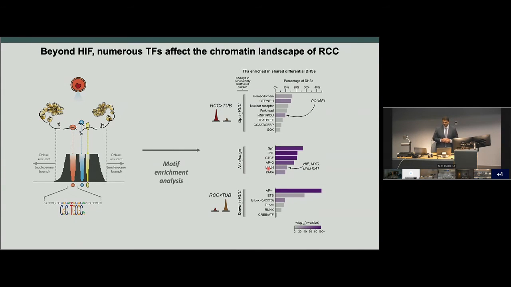But there was one particular transcription factor motif that we were particularly interested in because this particular gene is also known as OCT4. You might be saying, what is OCT4? So OCT4 is one of the 4 transcription factors that when put into somatic cells can actually reprogram them into stem cells. So this is another subject of a Nobel Prize as well. And so we were very curious as to why a stem cell, a very potent reprogramming factor, was being consistently enriched in the enhancer landscape of kidney cancer.